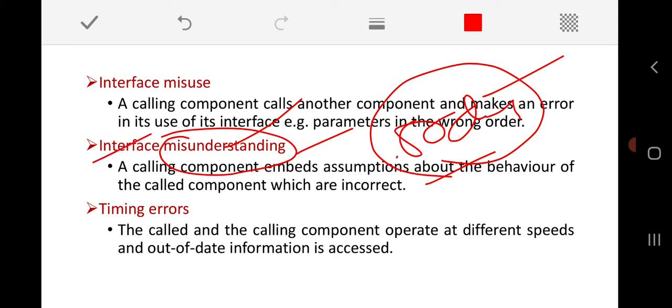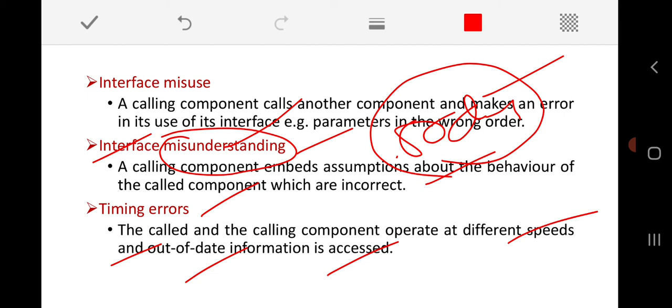At the same time, with the timing error, the called and the calling components operate at different speeds, and out-of-date information is accessed. Here we expect there should be a synchronization between two different components, especially in case of shared data or shared memory.